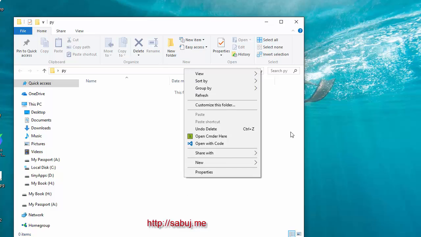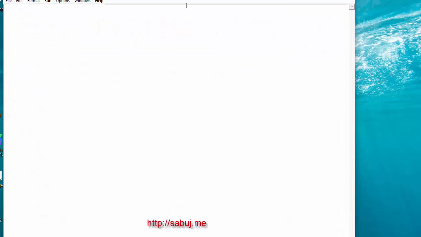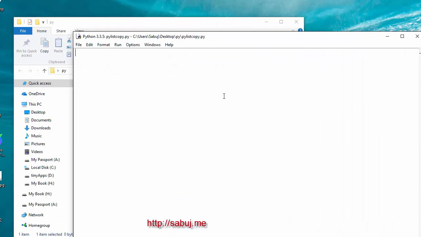So let's get started. First of all, let's create a file called pylist copy. Oh no, this will have a .py extension. So .py, and open it with IDLE. Now let's create a list and name the variable L. So we can copy it, 1 2, just filling out some random data, x